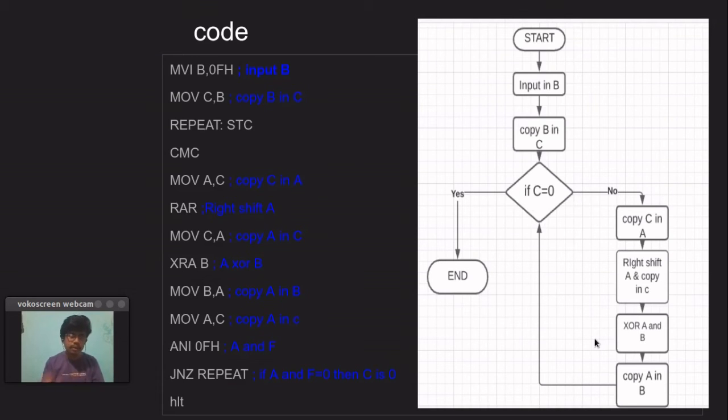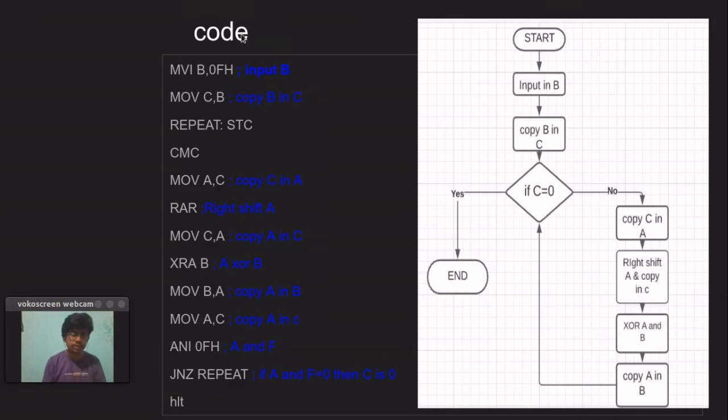As we have taken the XOR 4 times, we have got the binary number of a gray code in B, and we end the program.